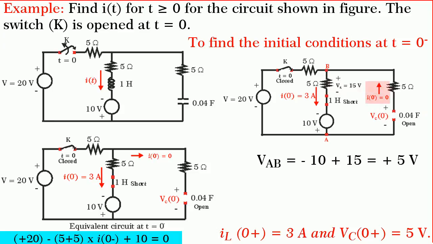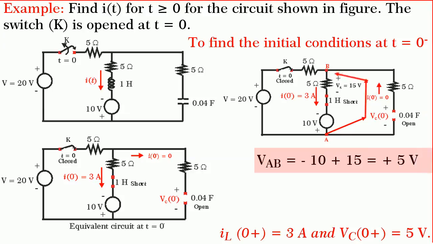Since the current through the capacitance branch is 0, Vc(0 minus) is equal to VAB. So, VAB can be written as minus 10 plus 15, which will give us 5 volts